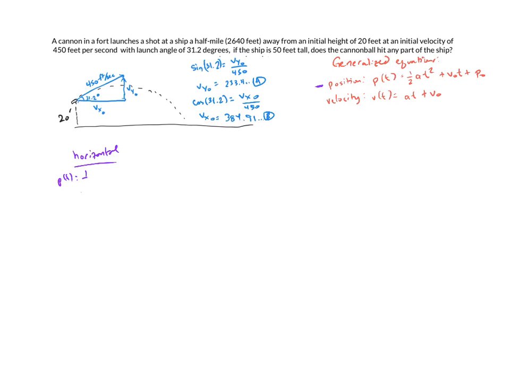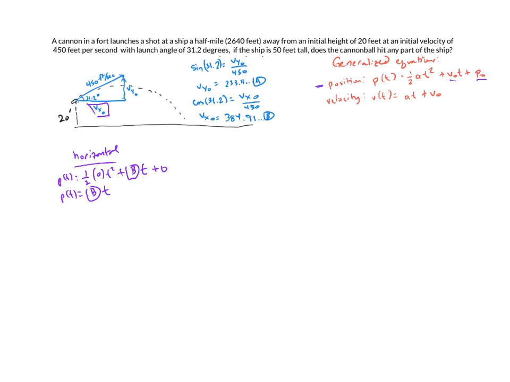So that 1/2 acceleration is 0, t squared, plus the initial velocity in the horizontal direction is v sub x of 0, which I stored as b. So I'm going to write that as b times t. And then my initial position is no distance from the starting point horizontally when it starts. So that's going to be 0. So my horizontal position equation